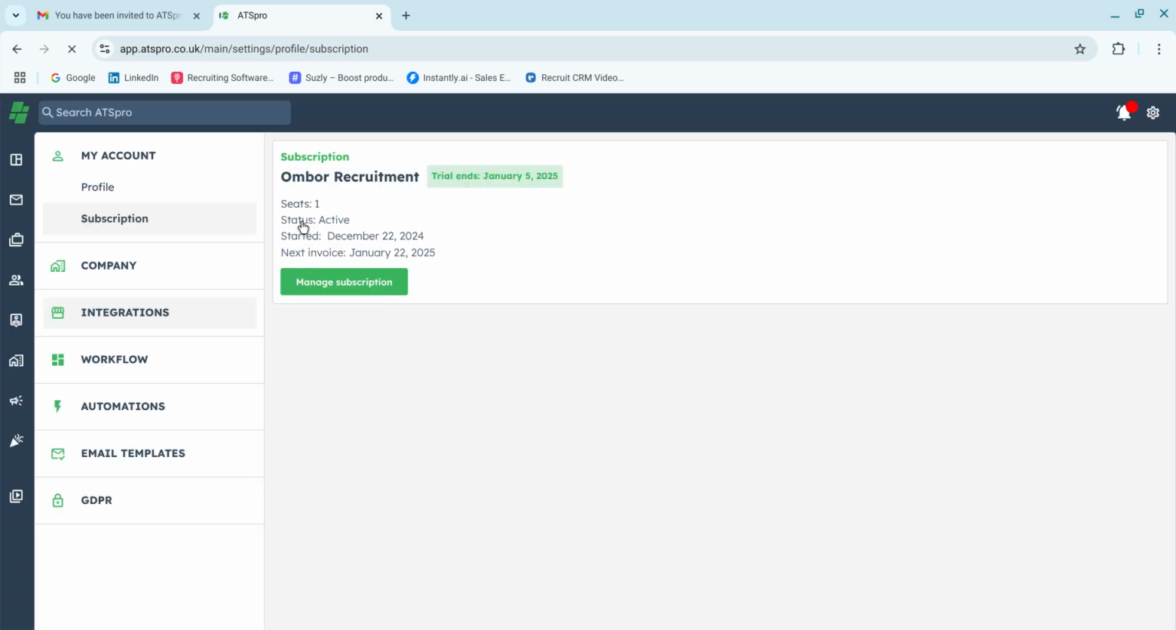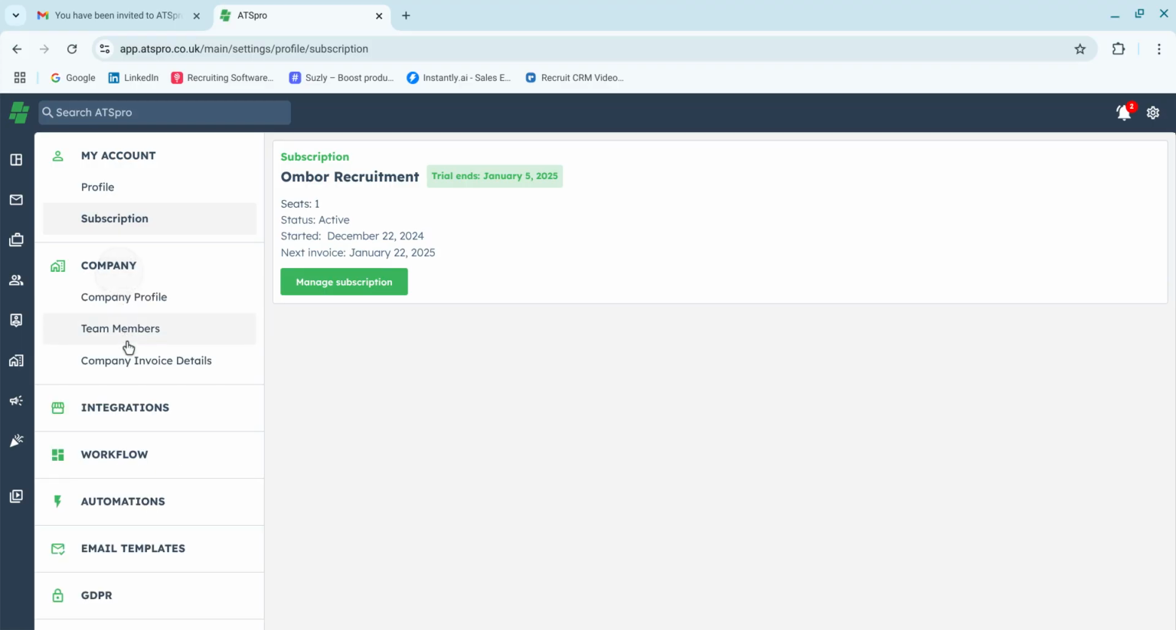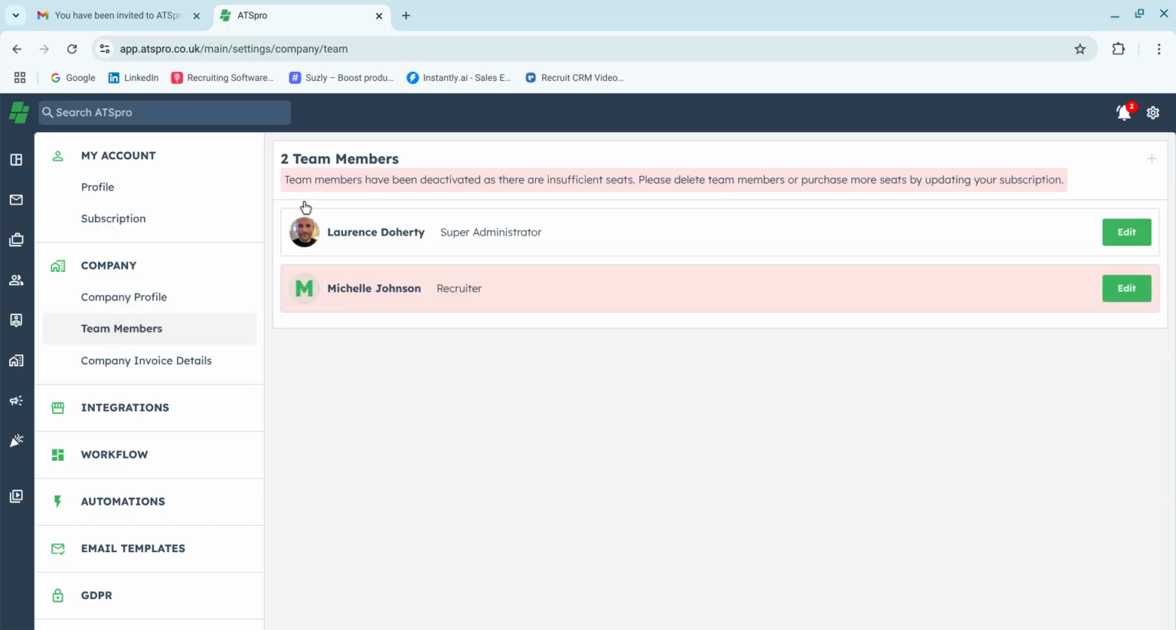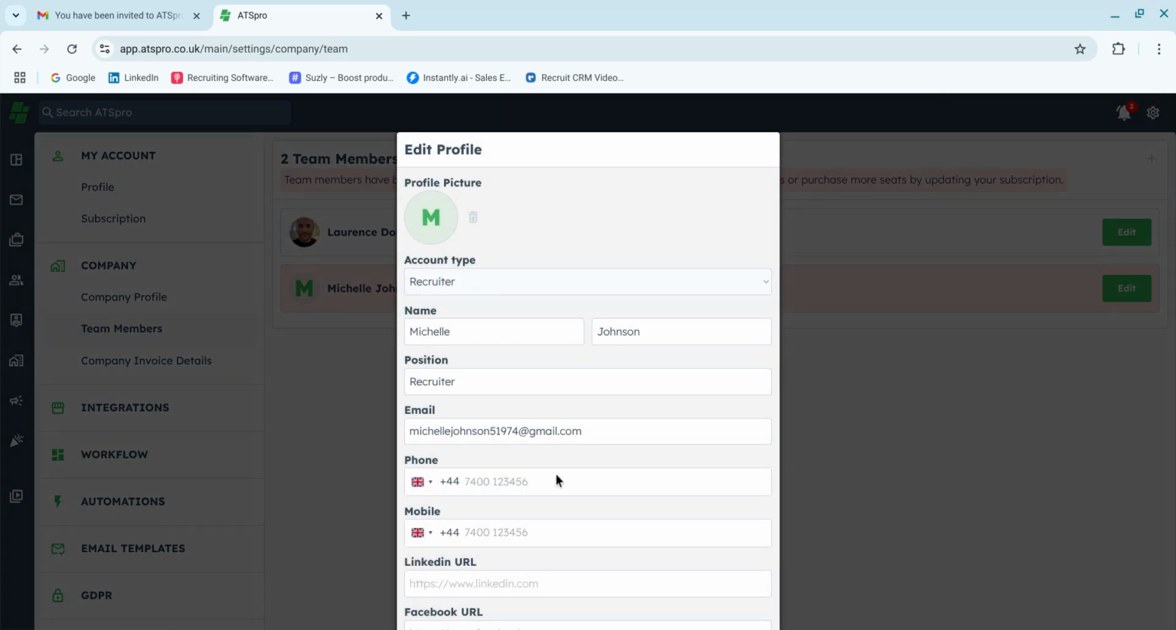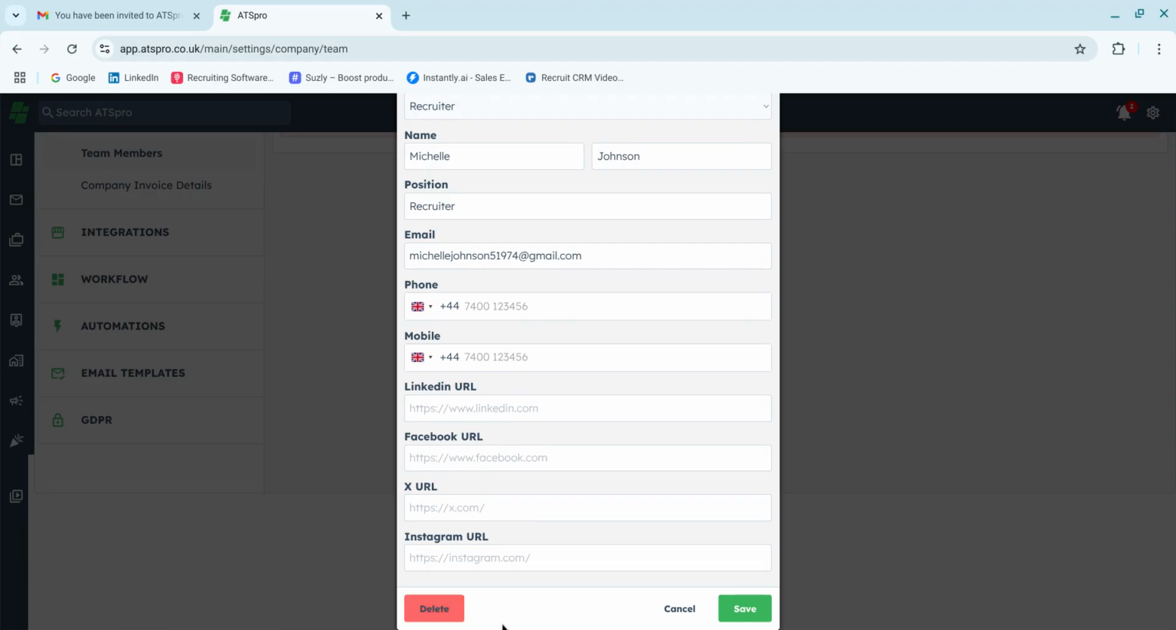Okay, so you have one seat now, and you just need to wait for the page to finish loading. Okay. And go to team members, and it says team members have been deactivated as there are insufficient seats. Please delete team members or purchase more seats by updating your subscription. So could delete Michelle